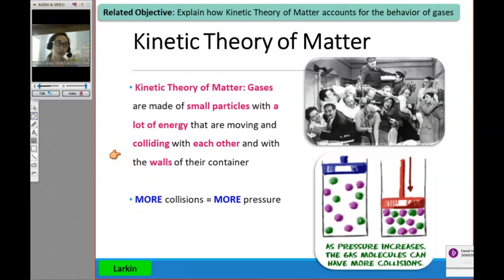A lot of times what I like to think about is gas particles as people in a room, and the faster those people are in a room and sprinting around, do you think that there's going to be more bumps and bruises or less bumps and bruises? Do you think people are going to collide more or less if we're all in a room and we're sprinting around? Yeah, definitely more collisions. Now, what we're going to learn today is that collisions is another word for pressure when we're talking about gases. The more collisions there are, the more pressure there is.